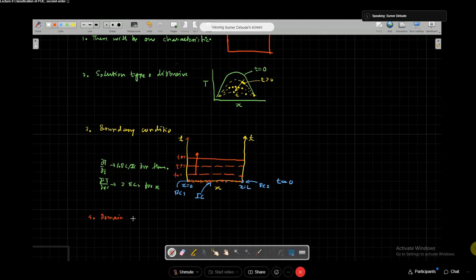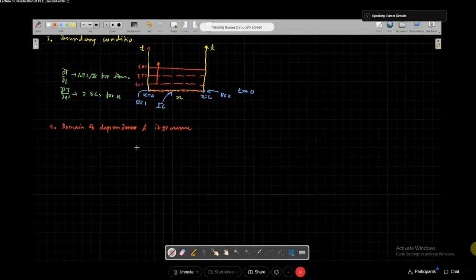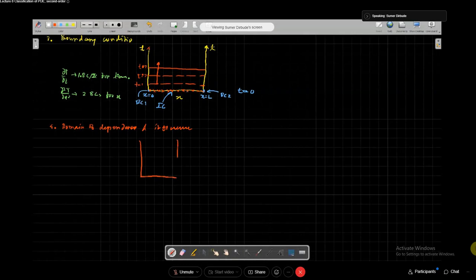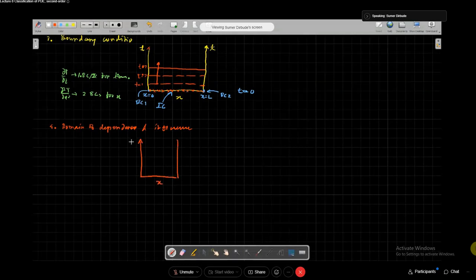Another characteristic is the domain of dependence and domain of influence. Now in this case, as I said, suppose this is the x domain and this is our time t axis, and we are calculating at this time. So we have this one characteristic, and suppose at this point I am calculating a value, then